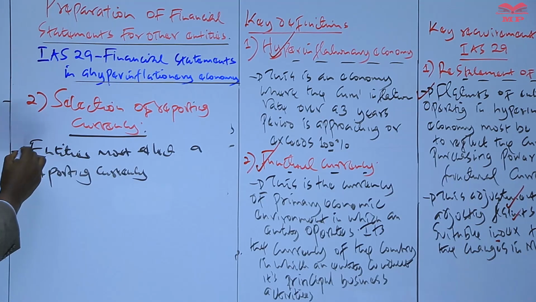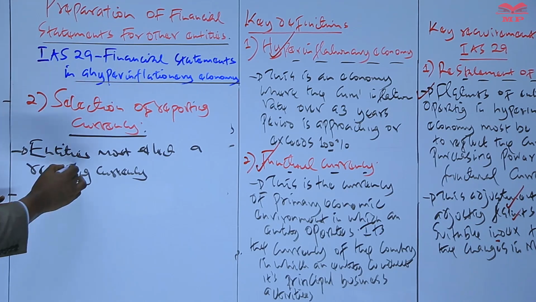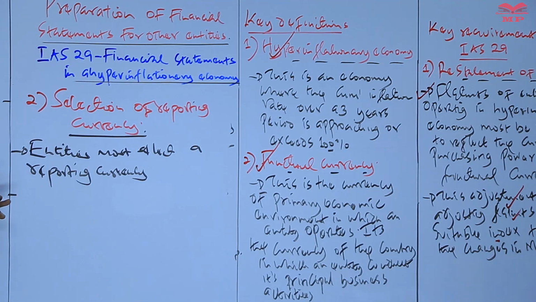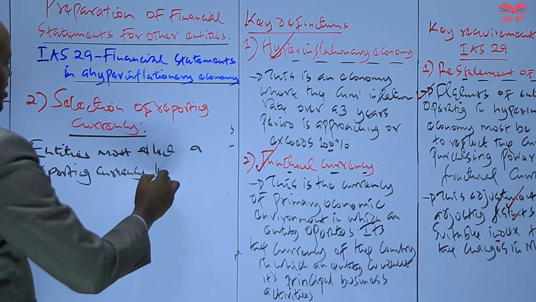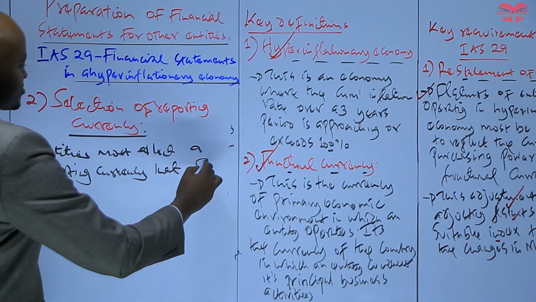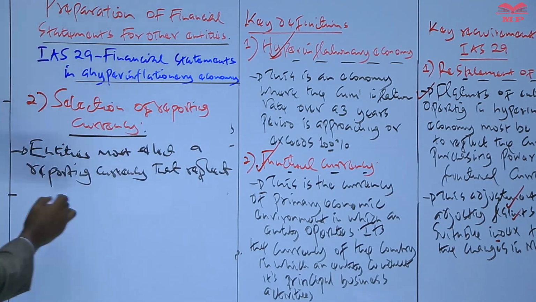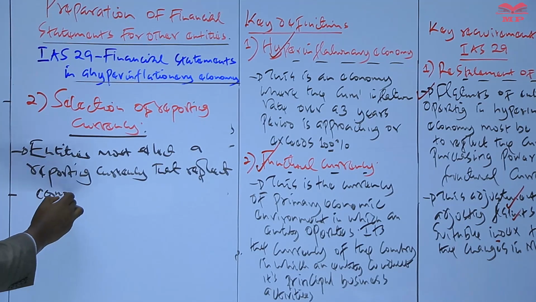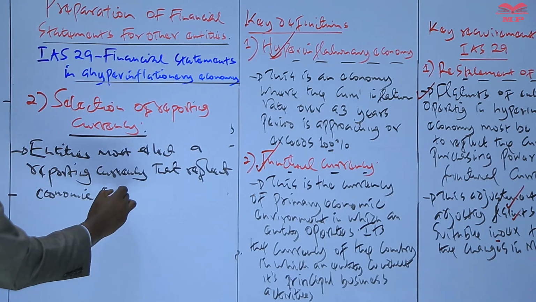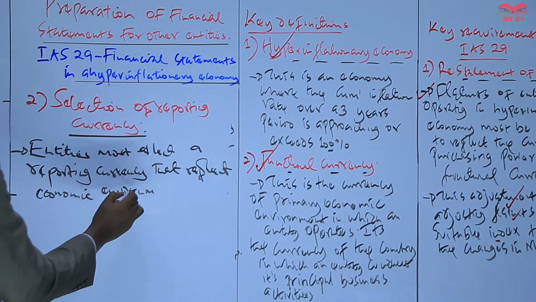Remember, in this case, we are saying a reporting currency is the presentation currency, a currency used by entities in terms of preparing their financial statements. So therefore, we are saying entities must select a reporting currency that reflects the economic environment